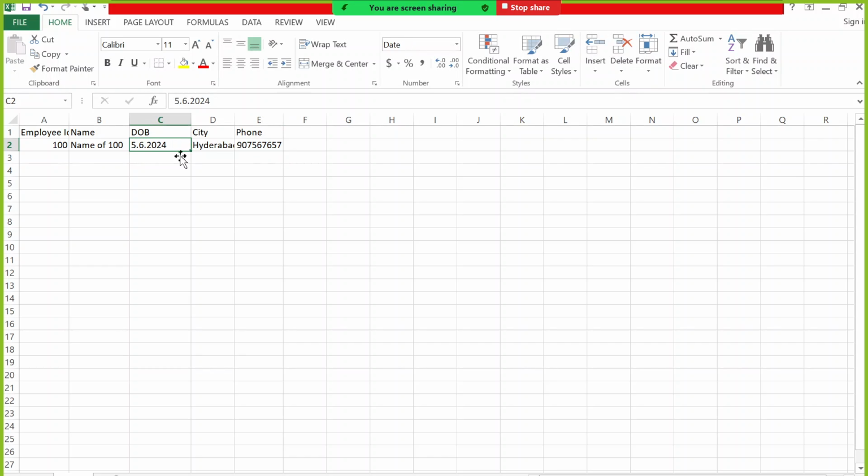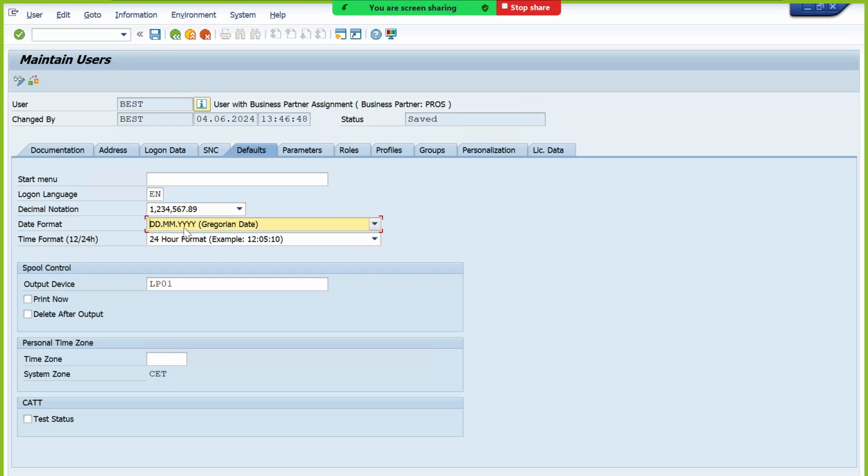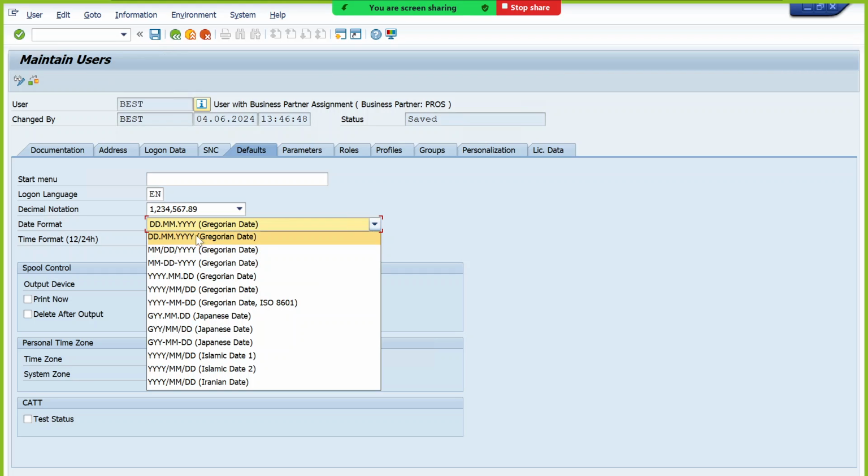It depends on the user who is uploading the file, right? You are uploading the file, so check your user parameters. If it is maintained in a different date format, like month, date and year, you have to change the format in the file. Okay,